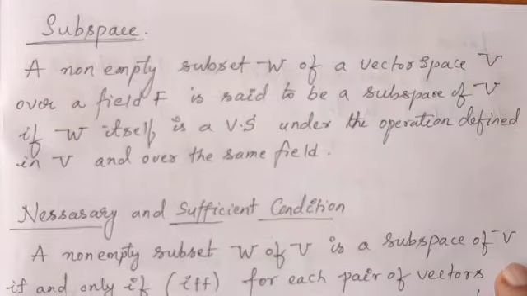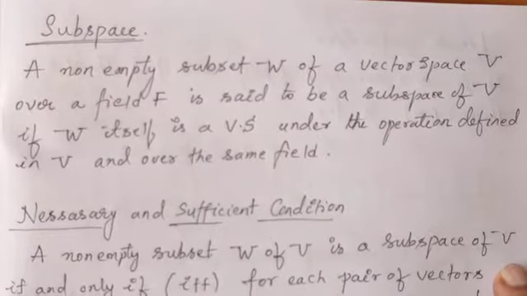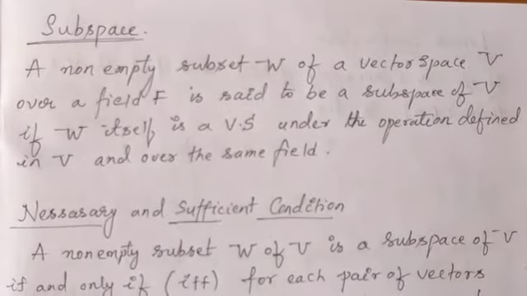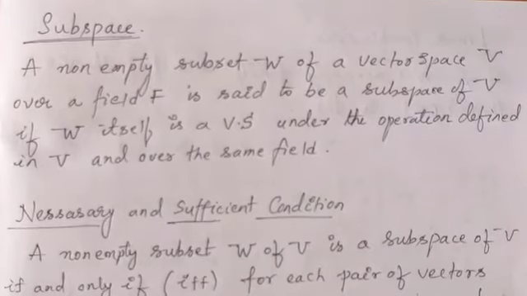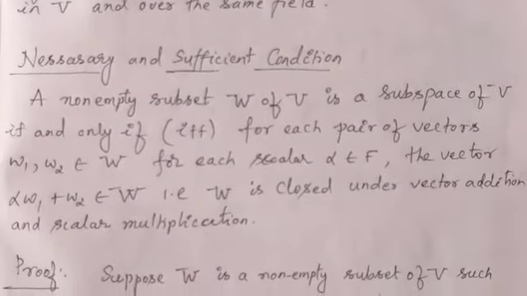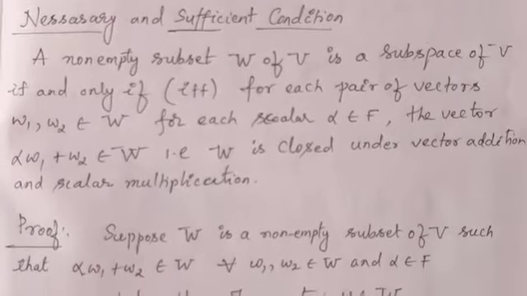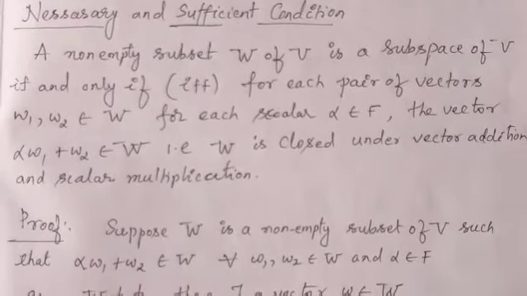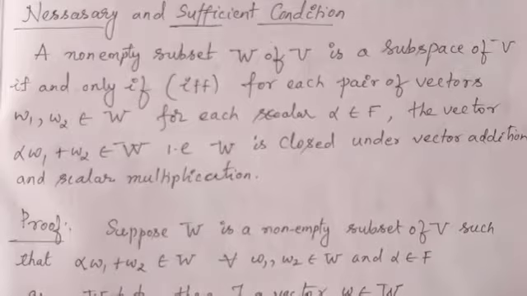Now to avoid that, we have a necessary and sufficient condition for a non-empty subset to be a subspace. So let us see what that is. The necessary and sufficient condition is: a non-empty subset W of V is a subspace of V if and only if, here we have if and only if, that is biconditional,